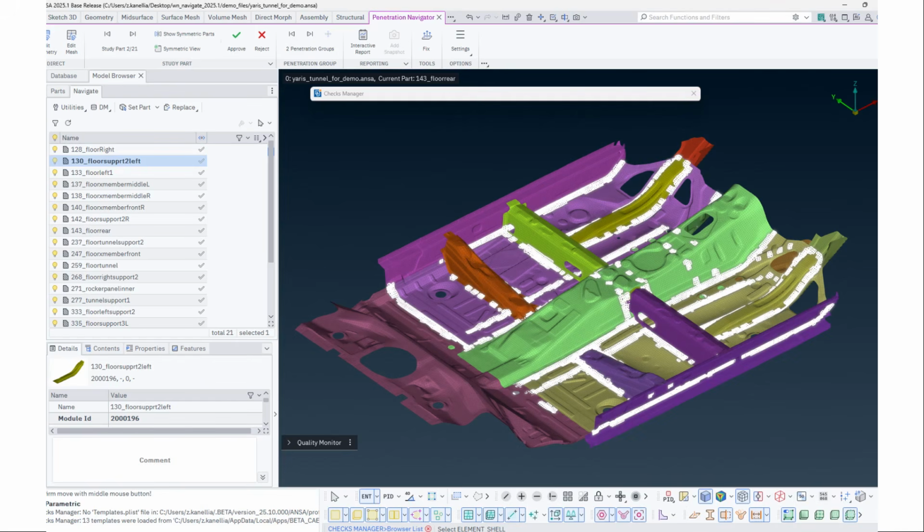Both autofix and manual correction options are supported, with real-time updates triggered directly through user actions in the graphical interface. These tools help identify and resolve issues quickly, significantly improving model readiness and reducing the risk of late-stage design errors.